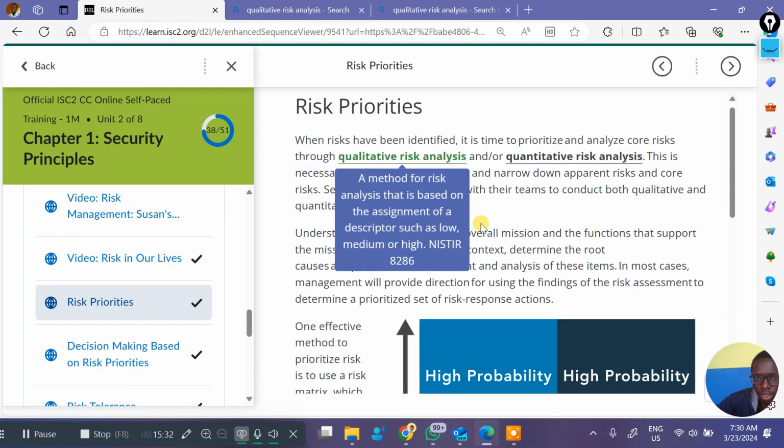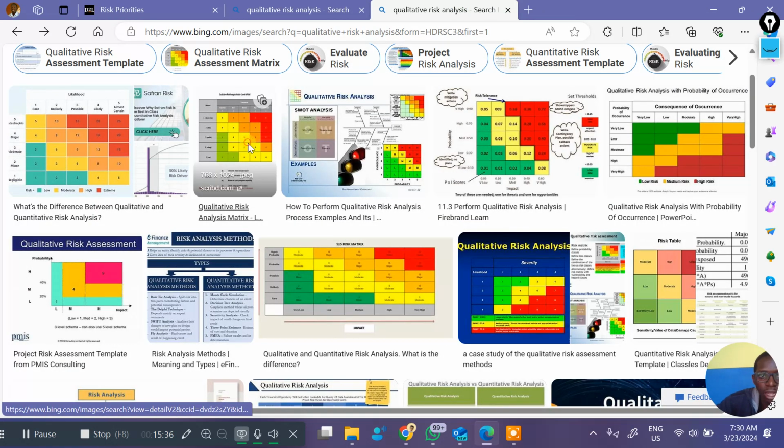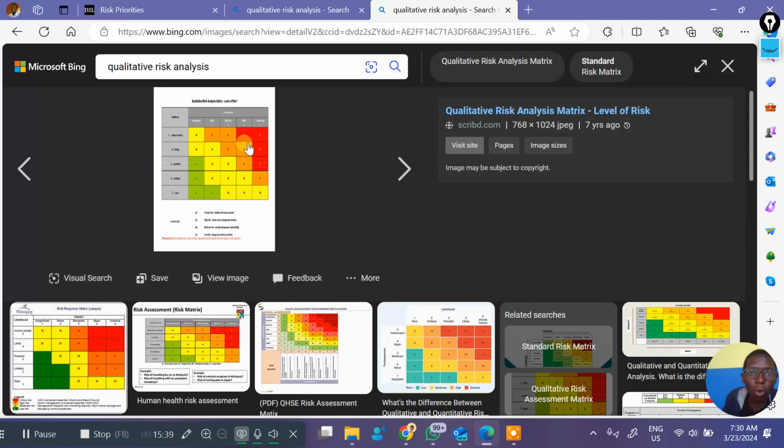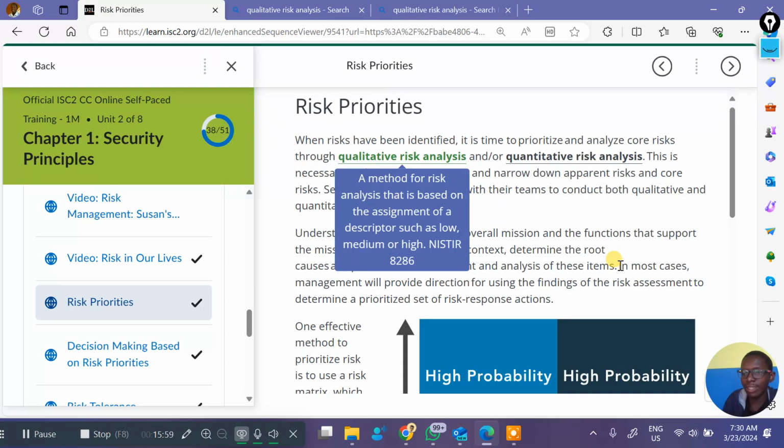Oh my God, did I just mix it up? Okay, so qualitative is based on low and high and all of that. And when you have numbers, you know it is quantitative. For instance, this is low and high. This is obviously qualitative risk analysis. But when you have something like ranging from 1 to 10 or 1 to 100, a risk being from 1 to 100, 1 to 10, those sorts of things are quantitative risk analysis. So it's not bad. You're good to go. You're really, really good to go.